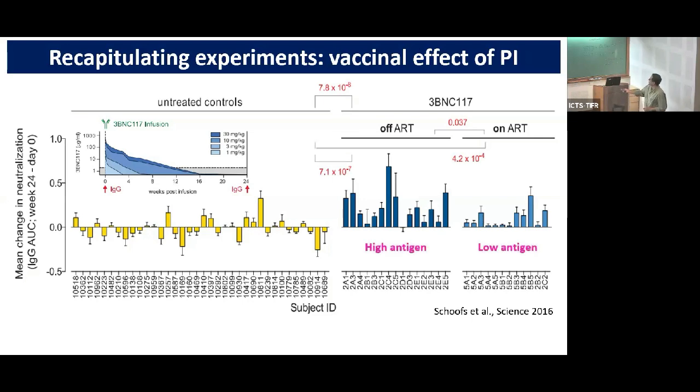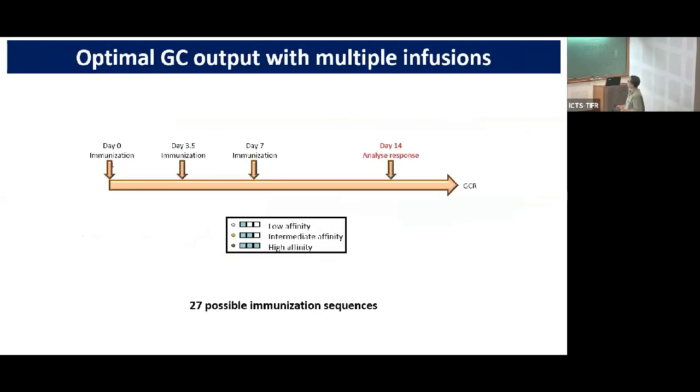Right. So the difference here is what? High antigen, low antigen. Right. So we understand this a little bit at least. So then we said, if this process is what is going on, are there other examples where some of this works out? And more importantly, can we now use this to, for example, think about what's the optimal dosing protocol